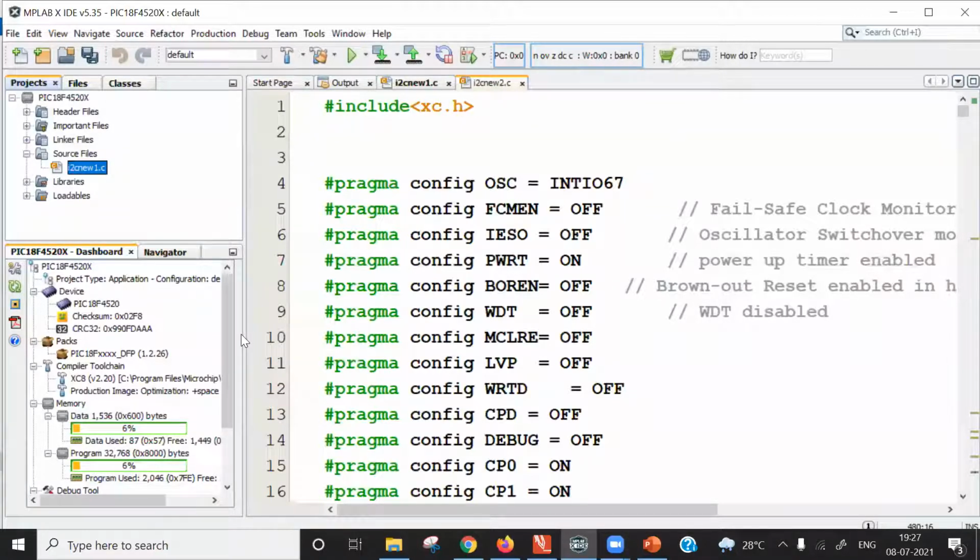Nishi Kumari, I hope your question is addressed. You might have included two different files in your program. So keep only one file there and build your program. It will be successful.